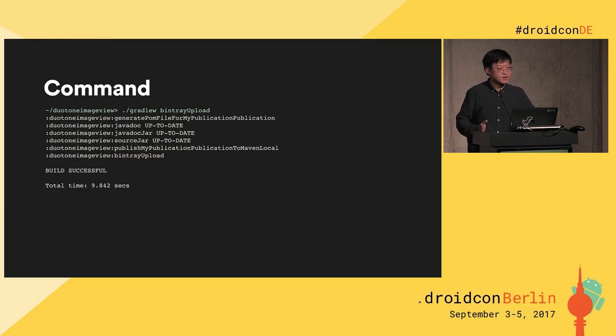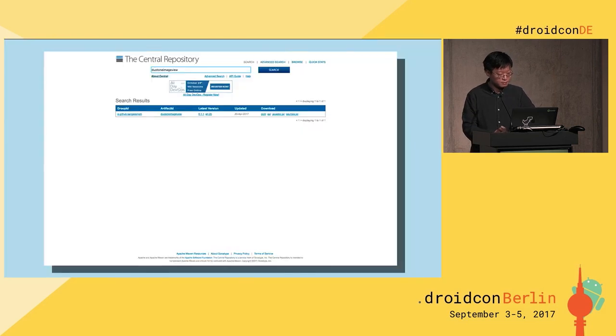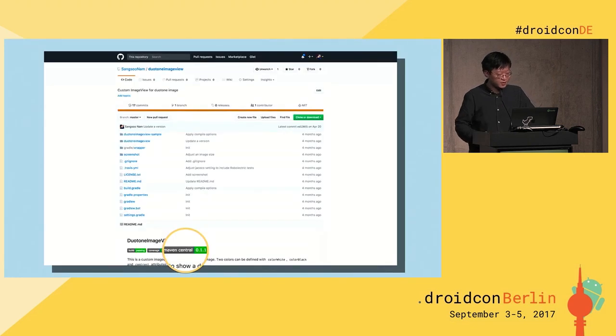There is just one line, the Bintray upload. And then it goes to your Bintray, and it syncs Bintray and JCenter, and then also JCenter and Maven Central. So on Maven Central, everything will be uploaded. And if everything works, you can also search for that in Maven Central, and you can add the dependency to your repository.